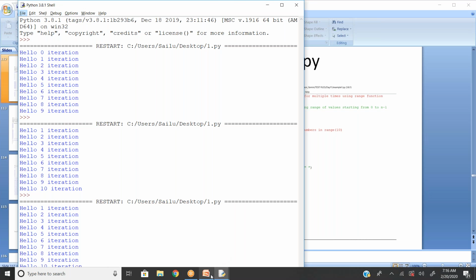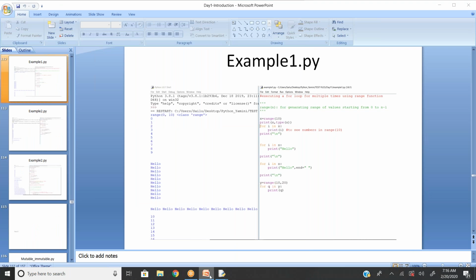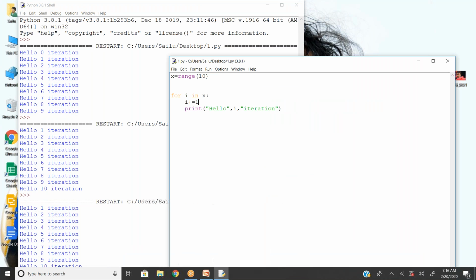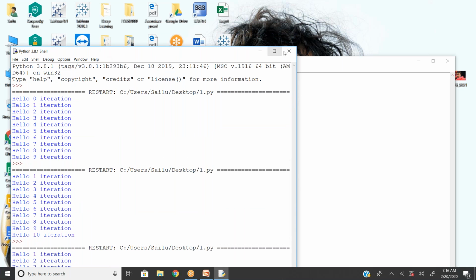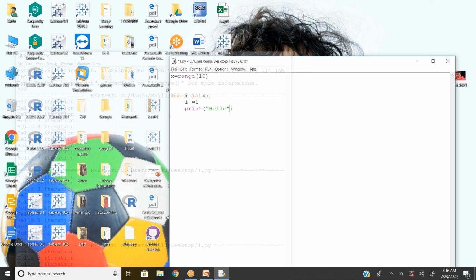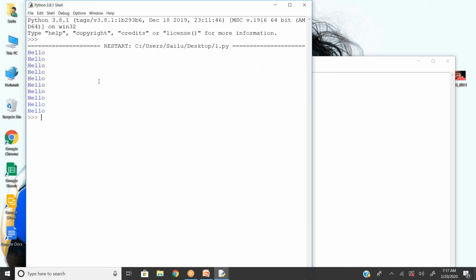No, my requirement is this. Ten times it's displaying one after another. In each line, one iteration is executed.